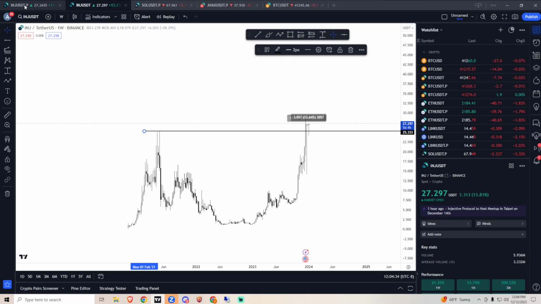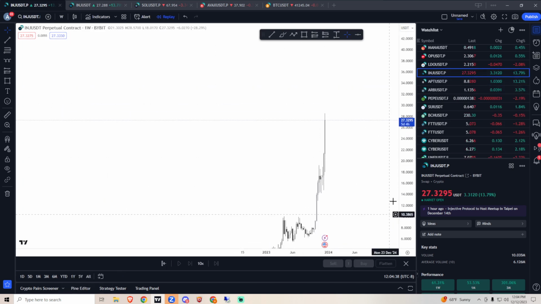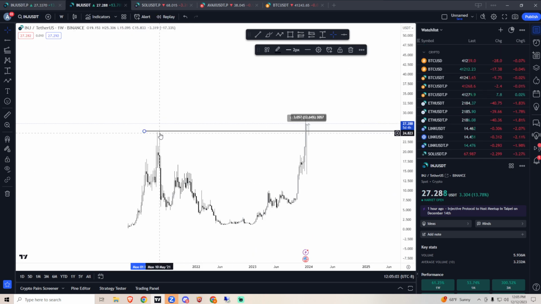So you don't see that on the perp chart for Bybit. Okay. And that can mess a lot of people up. So always, when you're looking at a coin, first pull up the spot chart on Binance Spot. Take a look at that, because there is a lot of data that a lot of people are missing. Okay. So a lot of people thought that Injective made new all-time highs when it crossed $10, right? When in fact the all-time high was at 25.25 or whatever it is. Okay, so